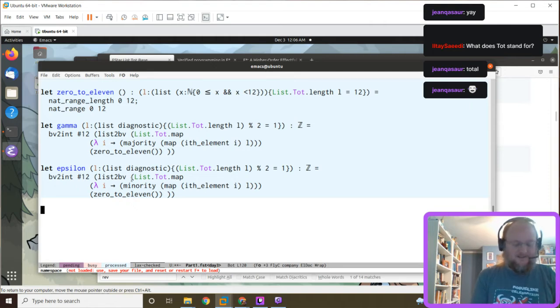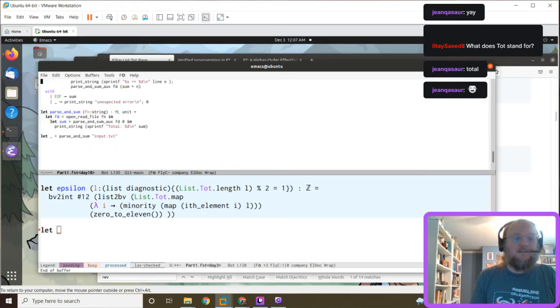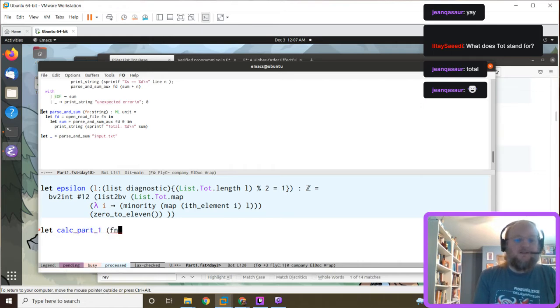Let us write our main function then. Let's write a function that opens the file. So I'm going to take a file name,